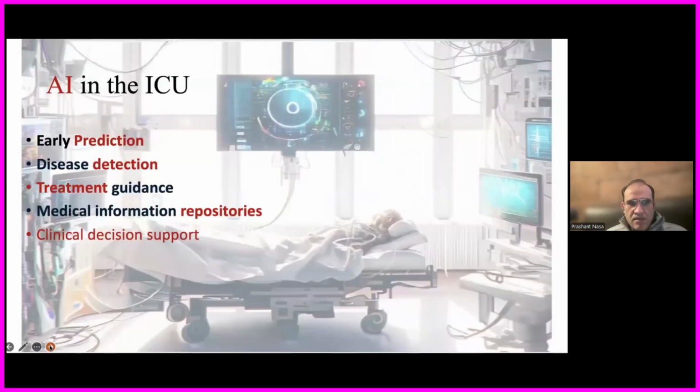So why AI? It helps to predict early. We are able to predict which patients will have a higher severity of illness, which patient may need readmission into ICU, or may continue to worsen, or may even have mortality. So it helps in predictive analytics. AI can also be used in early detection of diseases by looking at patterns, the way physiological deterioration is happening. So it helps to predict the diagnosis, and quite early as compared to the conventional way of identifying or managing these patients. Then it helps us make the right decisions in terms of treatment approach to these patients.